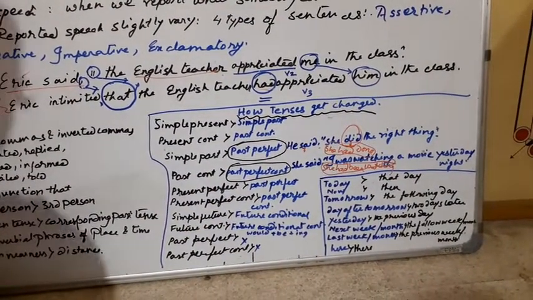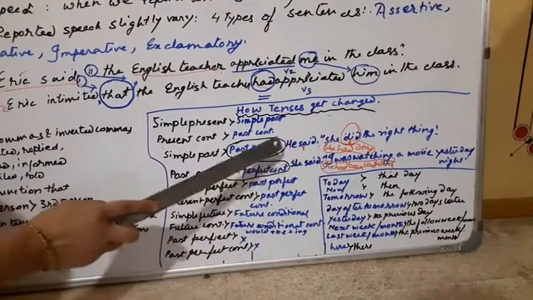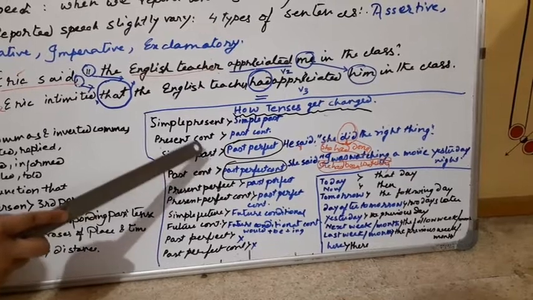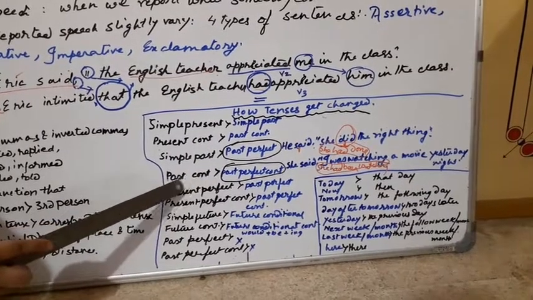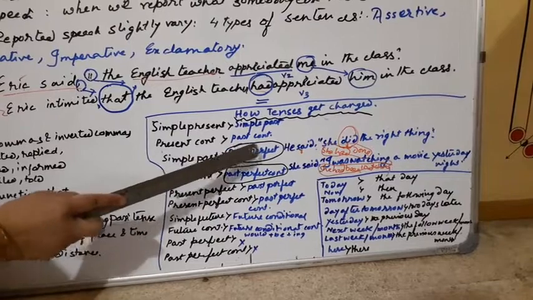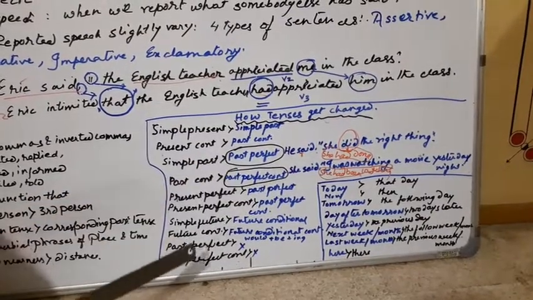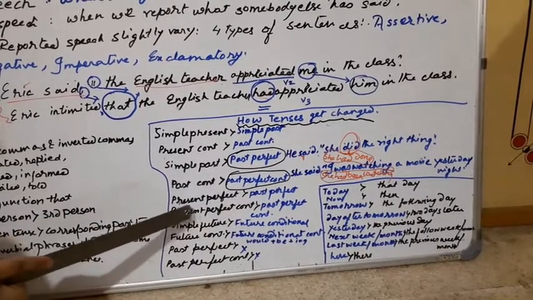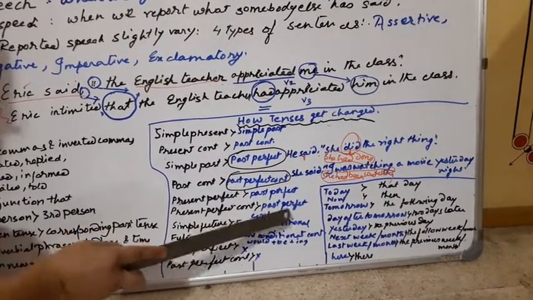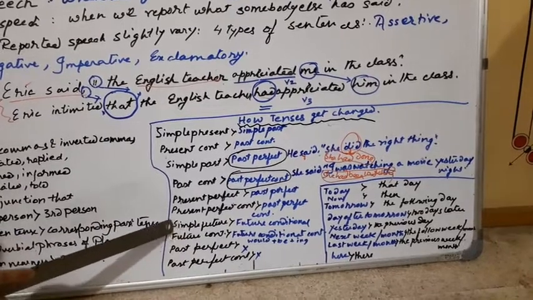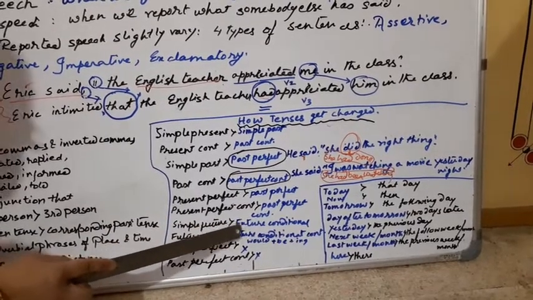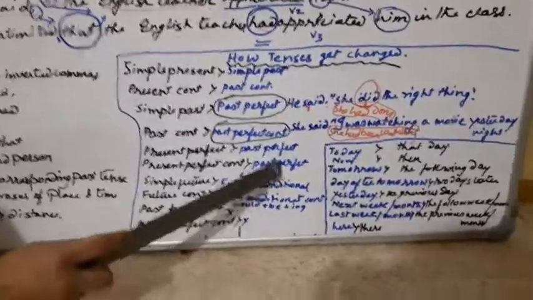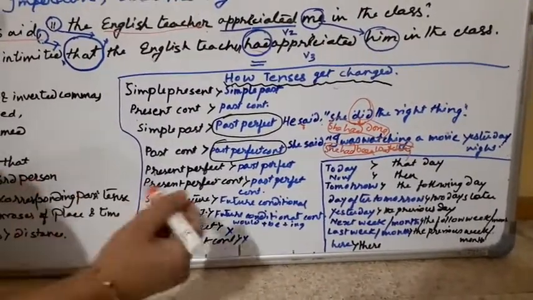So you will have to understand these two concepts clearly, that when it comes to simple past tense, either it is simple past or past continuous, it changes to past perfect or past perfect continuous, right? Then as usual, present perfect to past perfect, present perfect continuous to past perfect continuous. Now when it is simple future changes to future conditional. Now future conditional means will be changed to would, means will to would.